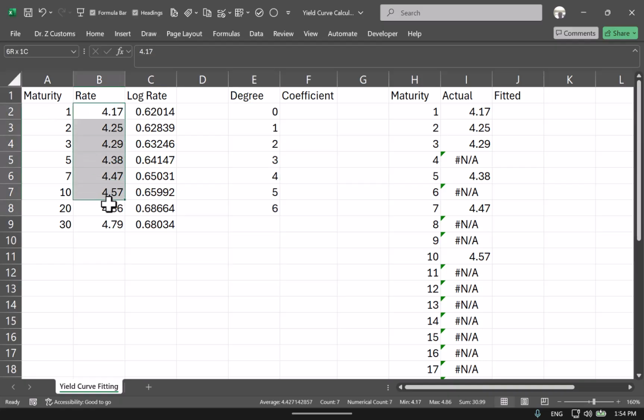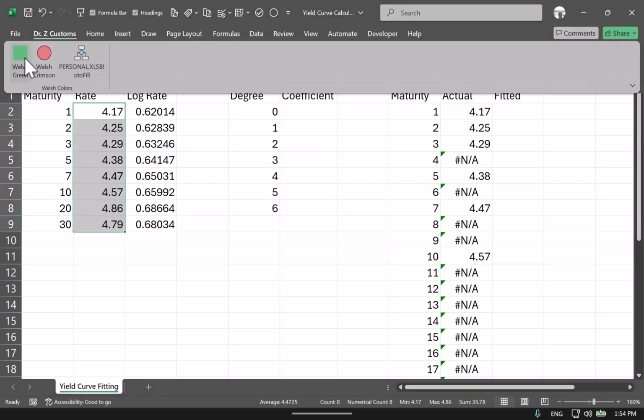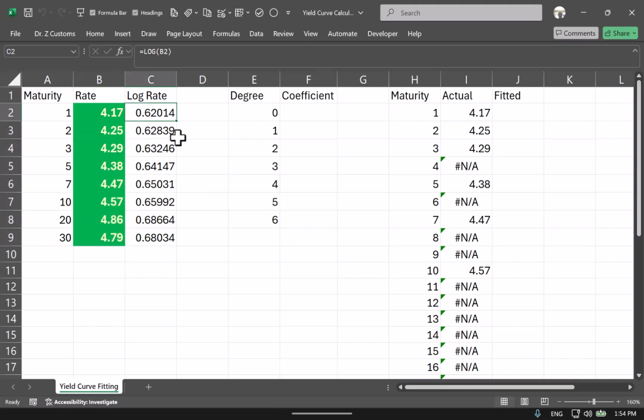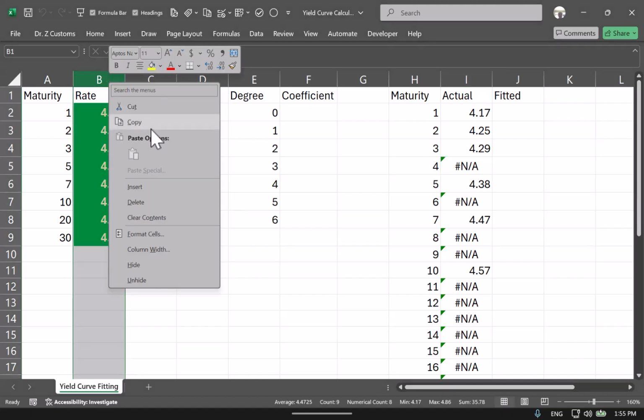So I'm going to make this green. I'm also calculating the log of these. There's a reason for that. I'm going to come back to that. And for each of these maturities from 1 to 30 years, first I get the actual ones, if we already have the actual ones. And whenever it's not, we're going to fit some sort of curve. Okay. To do that curve, let me actually cut,